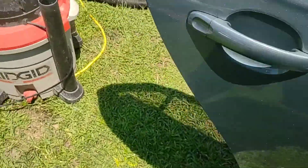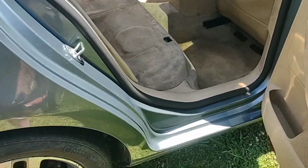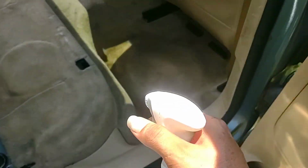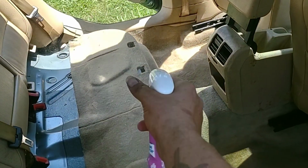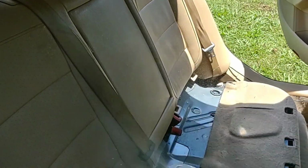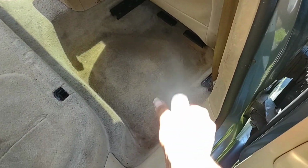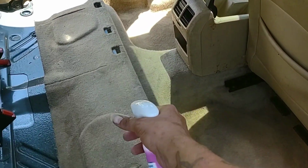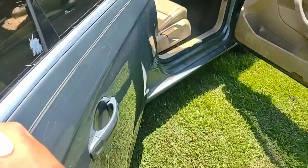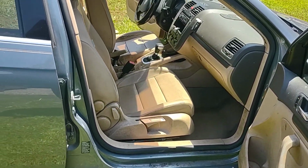But what I am gonna do, since I did clean, let me flip this over. All right, there we go. What I am gonna do, since I've cleaned all this down, is I'm gonna take the Lysol and I'm just gonna kind of mist throughout the car where I've cleaned and everything, and I'm just gonna let it sit there and dry on. Honestly, what I'm hoping is just that the Lysol will do its thing and it'll actually kill off all of the nastiness, and